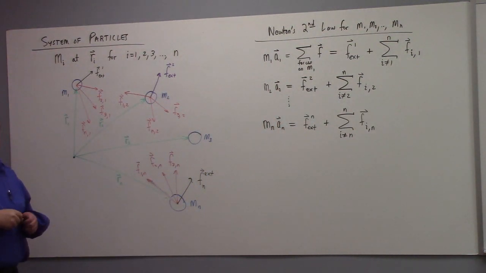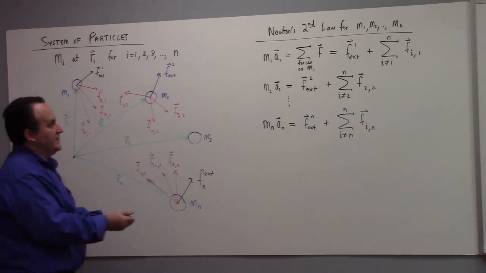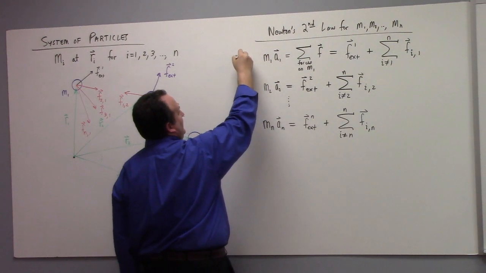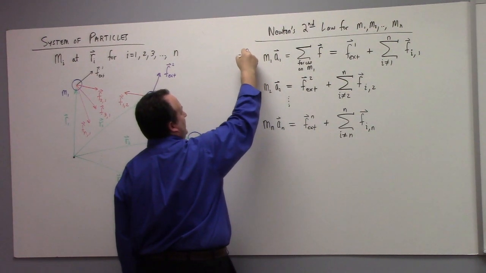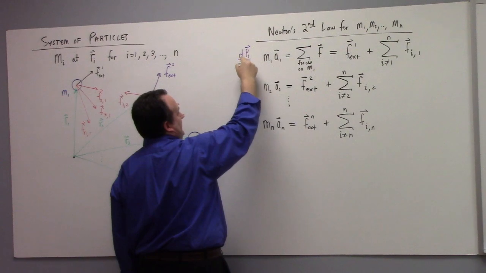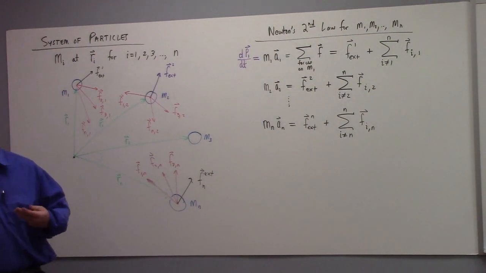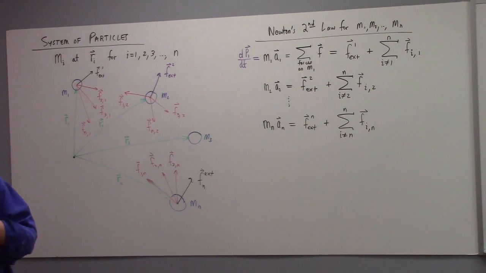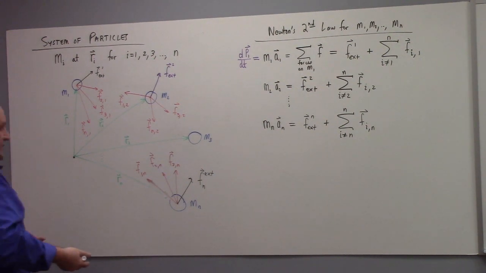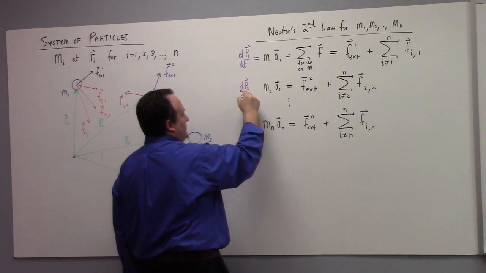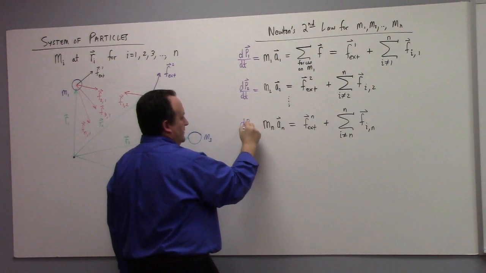All right. Now, you guys tell me, what could I have written here in each one of these? What should I write? How about this? This is really the time rate change of the momentum on mass 1, right? So this is dp1 dt. Agree? I mean, we just learned this about 10 minutes ago, but there it is. The time rate change of the momentum is equal to the net force on 1. And you can do this for 2, and if you can do it for 2, you can do it for n. So there.